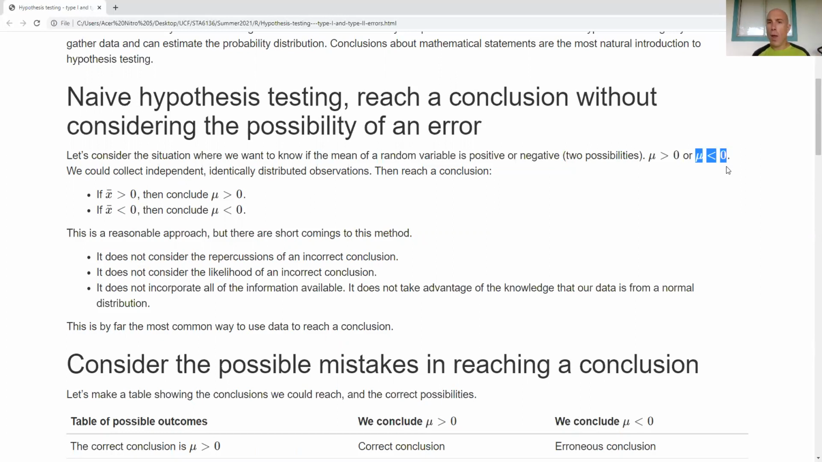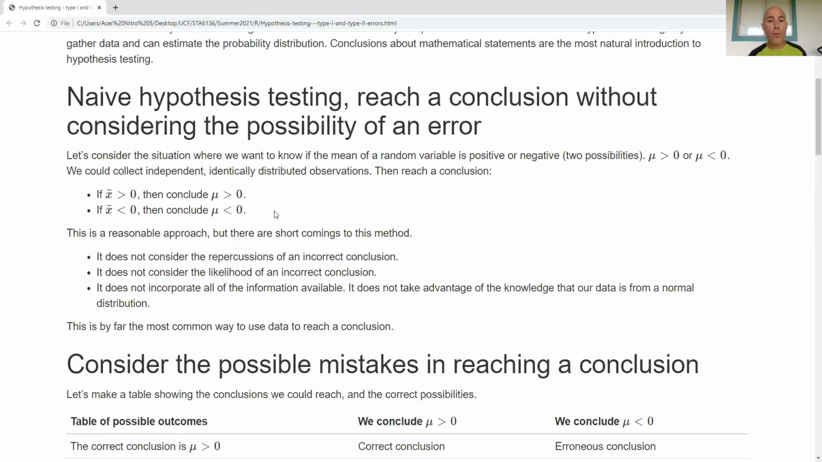What I could do is go out and collect some data. I take my sample average. If my sample average is positive, I conclude that the population average is positive. If the sample average is negative, I conclude that the population average is negative. That's a very reasonable way to approach this. Now, there are some shortcomings of this. There are some aspects that initially you wouldn't think about, even though this is a very data-driven way to reach a